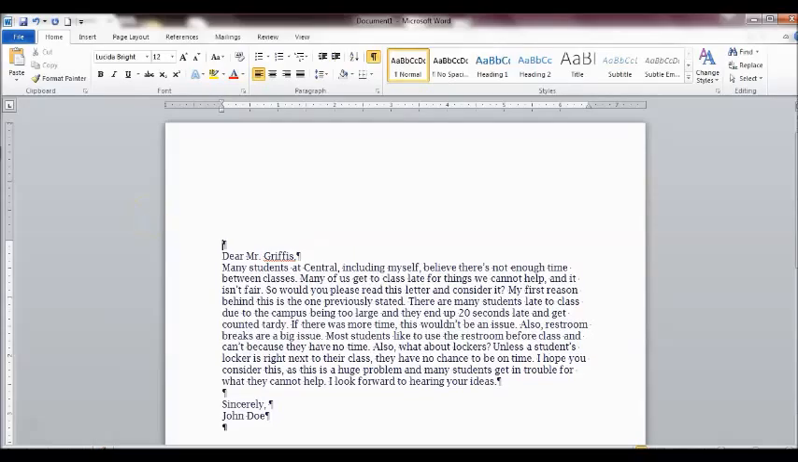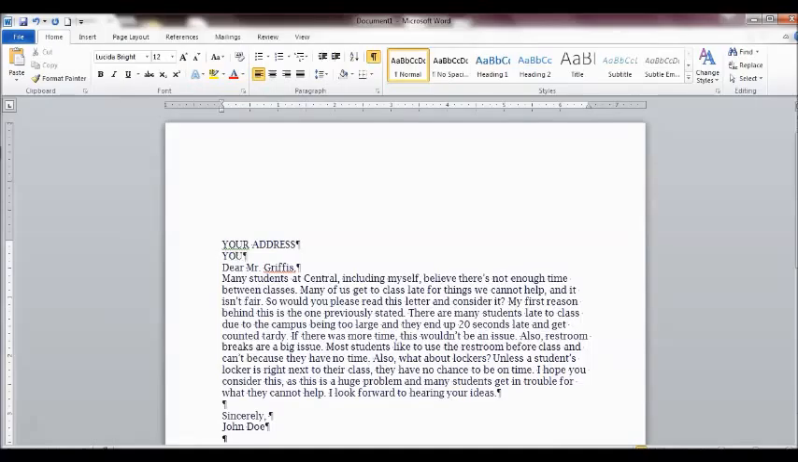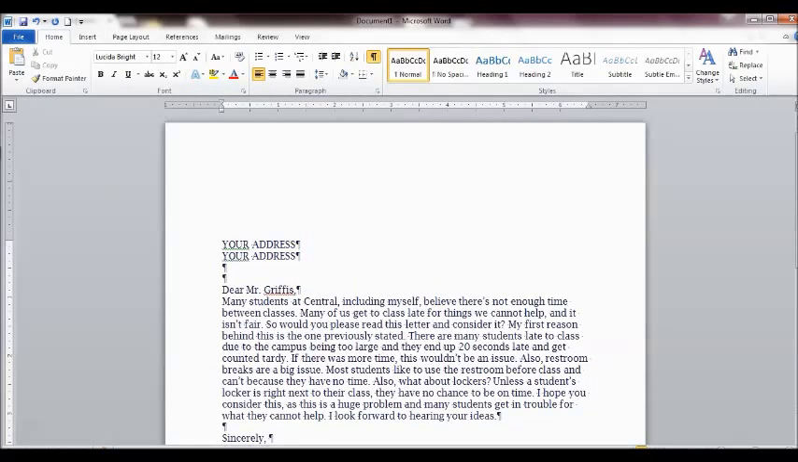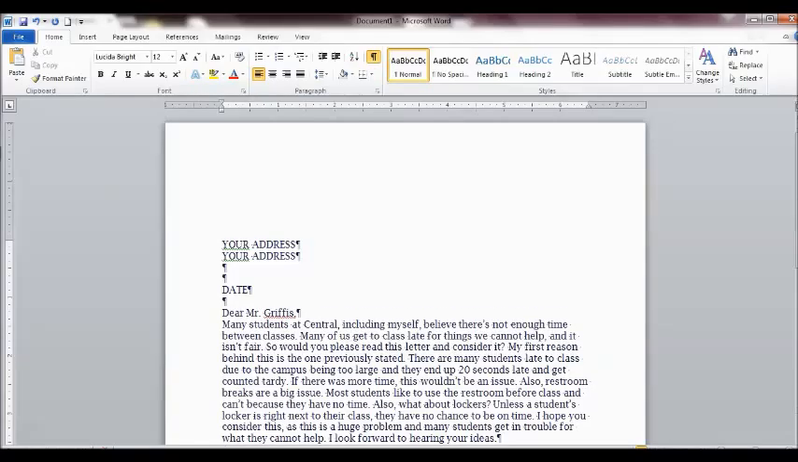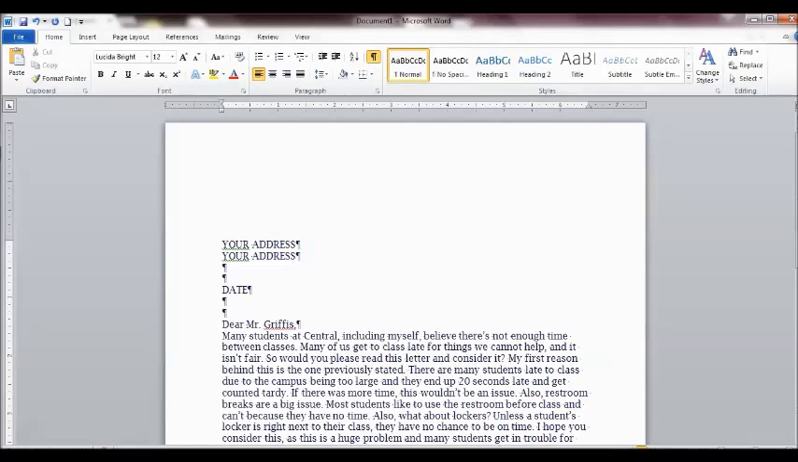Now we're going to place our insertion point in front of Dear Mr. Griffiths, and here you're going to press Enter and type your address. Remember, your address goes on 2 lines. Then we're going to press Enter 2 times. We're going to type the current date. After you type the current date, you're going to press Enter 2 more times, and you're going to type the